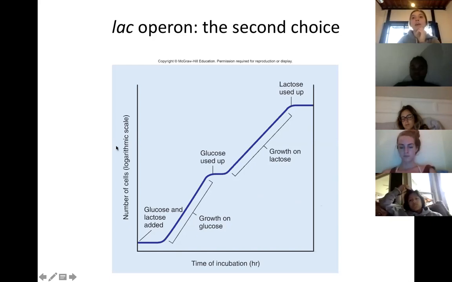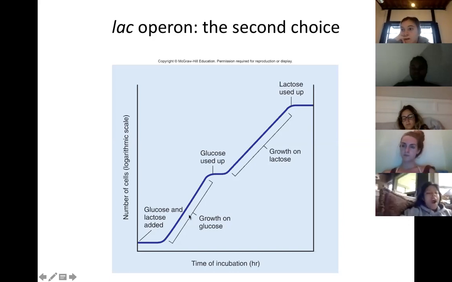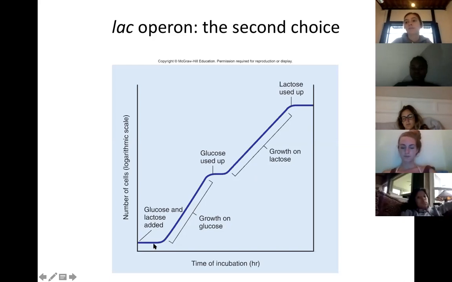But now we see that in the presence of two nutrients, things change. So if we wanted to go back and look at our original growth curve, it was assuming that there's only one nutrient present in the environment. That might not be true in nature, but it could be true in a laboratory setting. You might only have one type of sugar in there, and when it uses it up, it's gone. But in this case, we're saying that there are two energy sources present. So here's glucose and lactose added at the same time. So you gear up for enzymatic acquisition or utilization of those nutrients.